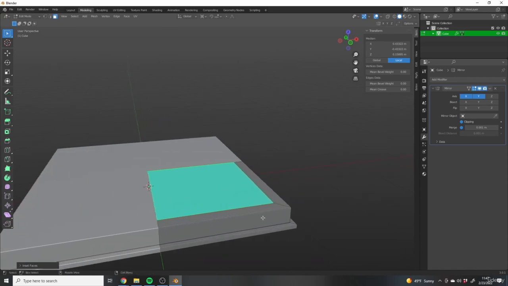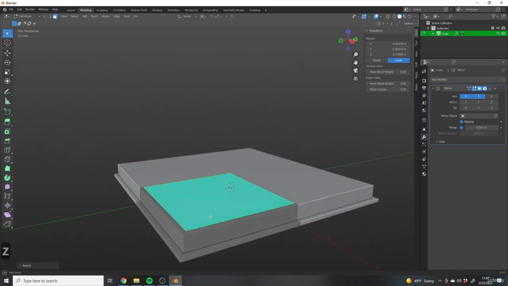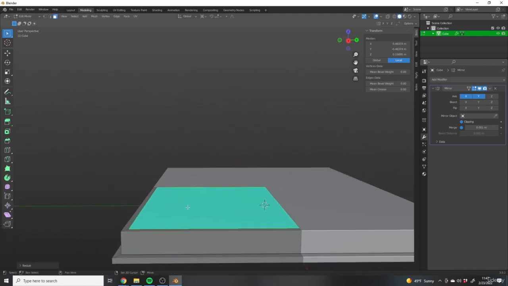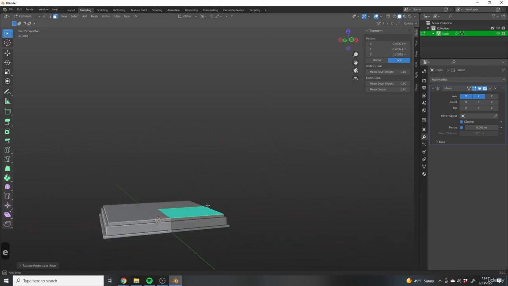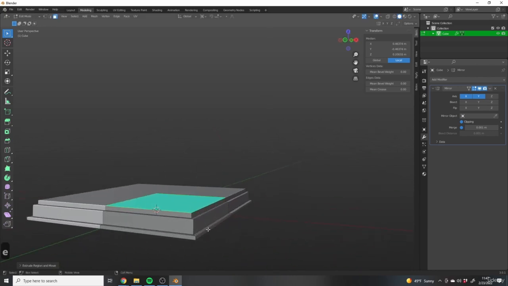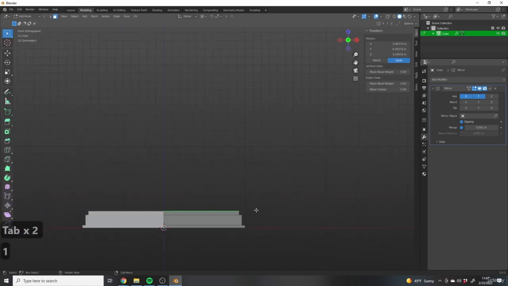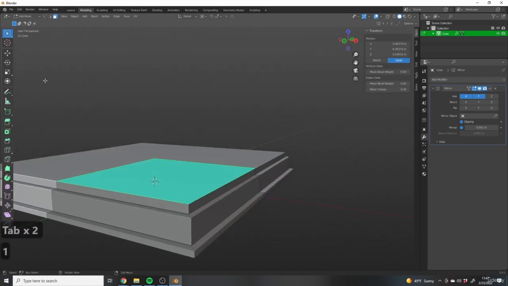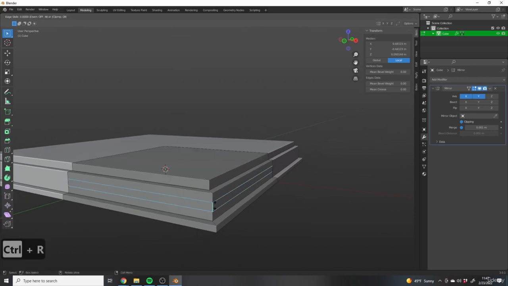All right, and we can always scale this. If we lock the Z value, we can adjust this value. Okay, let's extrude one more time. It's looking pretty good. It's a good start anyway. We can add some detail to this if we like. Just add a couple loop cuts and maybe